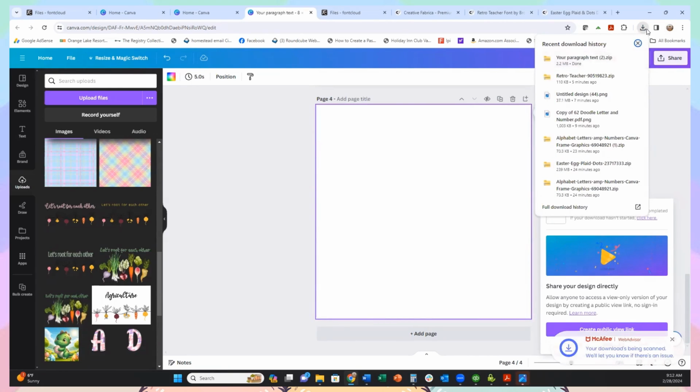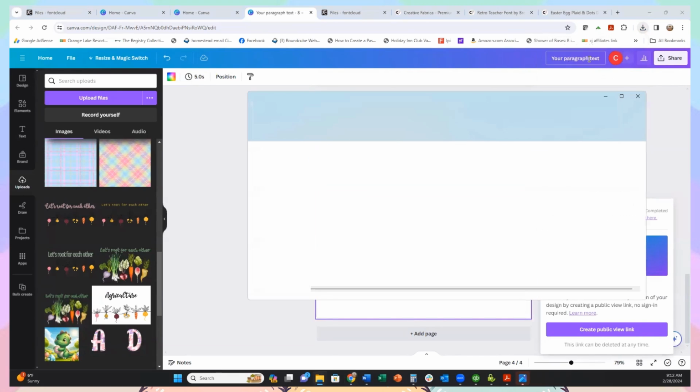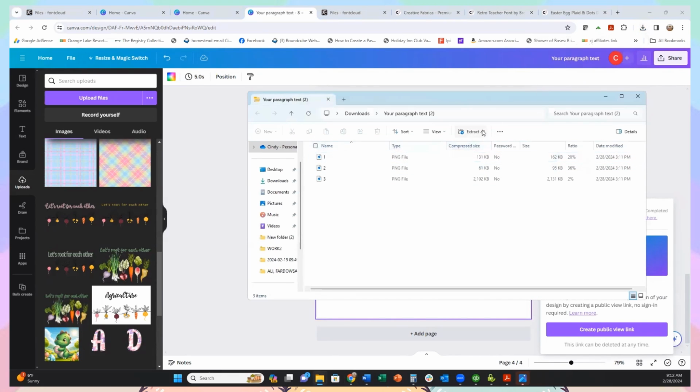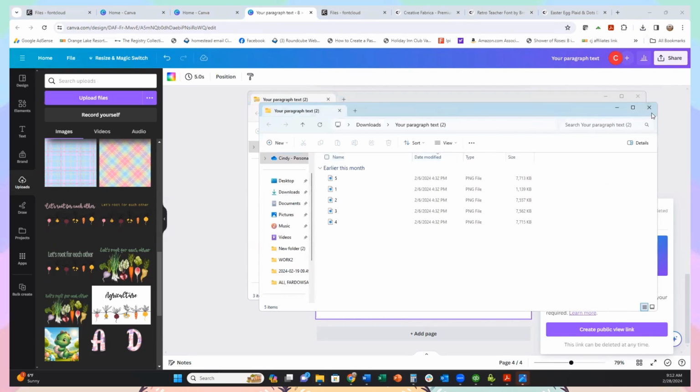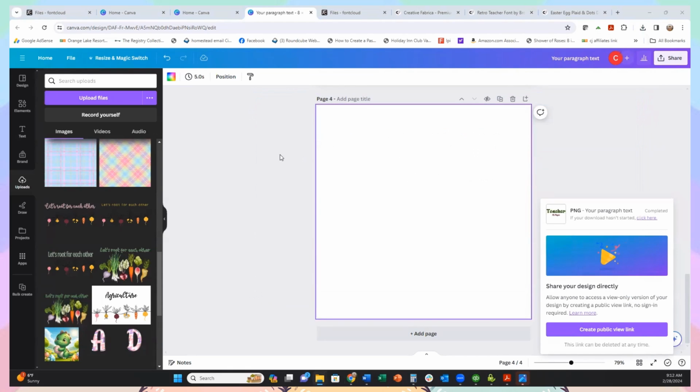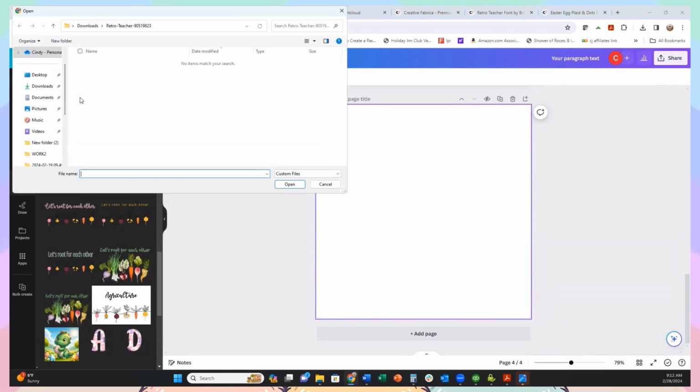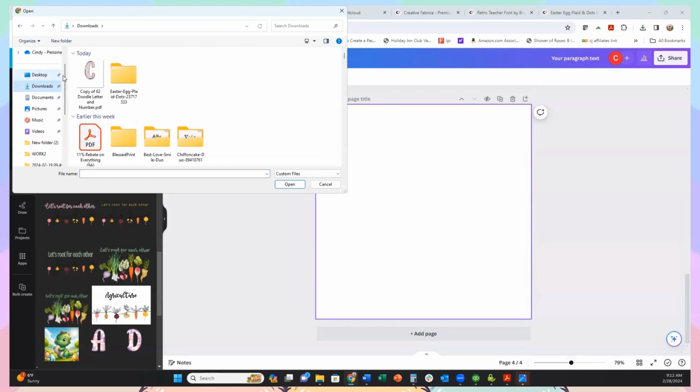So it's going to come in. Whoops, lost it. I think I did the whole thing. I think I came up with all of them. So I'm going to extract this. I forgot to just download the one page, which is fine. So I'm going to extract all of them. And I will show you here now. Get rid of this. I'm going to upload, hit upload, upload here. And I'm going to go into my downloads. And I am going to go to,